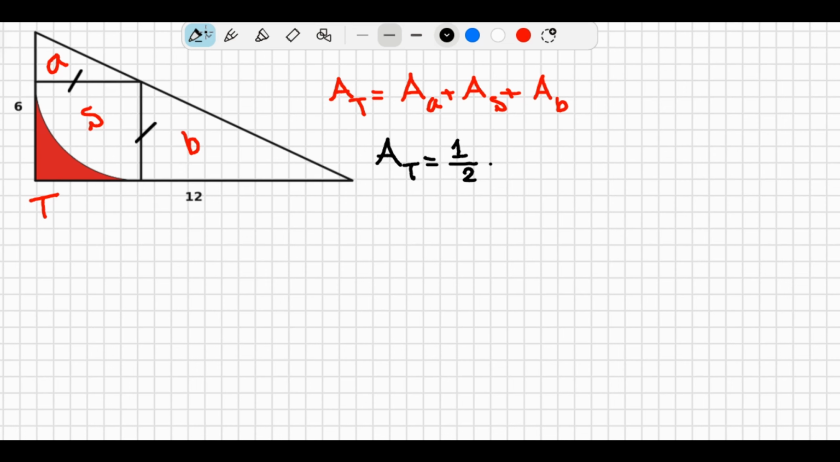1/2 times the base, which is 12, times the height, which is 6,